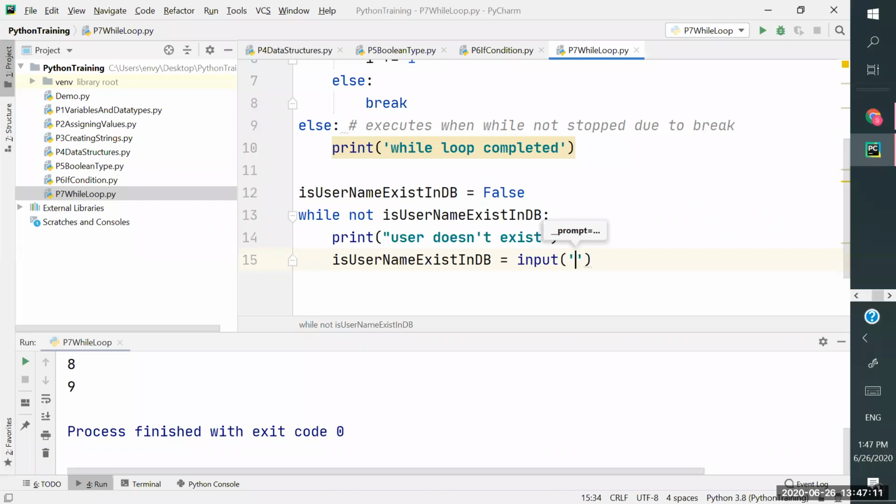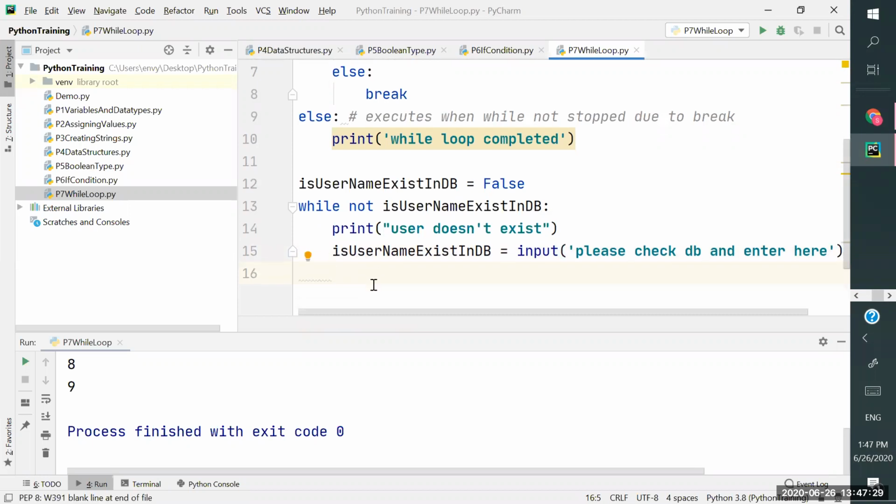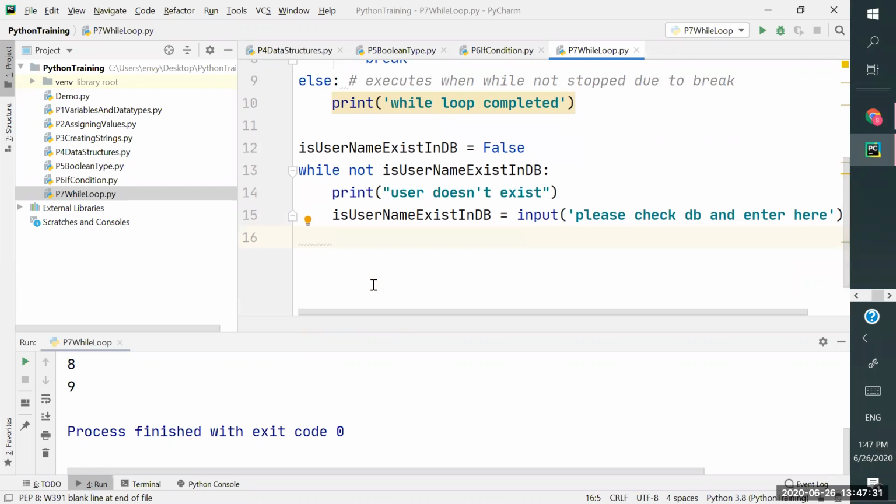Is username exist in DB? And please check DB. So something like that, I'm giving an enter value. Enter here. So now, how many times is this going to execute? N number of times until this becomes true, right?